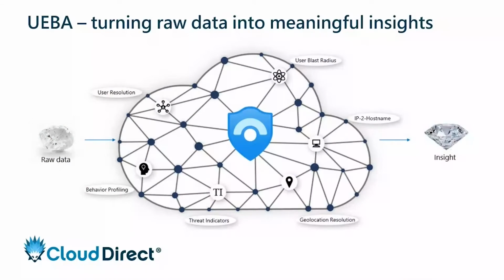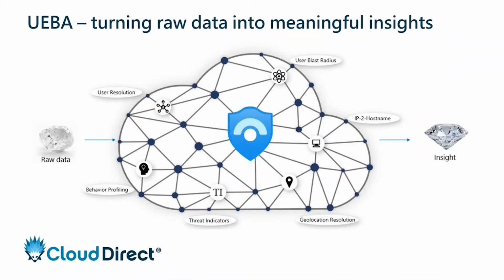Okay, so just having a bit of a deeper delve into the under the hood, the machine learning that goes into Sentinel. So UEBA, so it's user and identity behavior analytics. So it's basically what Sentinel does with the raw data and the sort of profiling it does on there. So it will work out who the user is, who that user has interaction with, the user's blast radius. So what access does that user have access to across the environments being monitored by Sentinel,